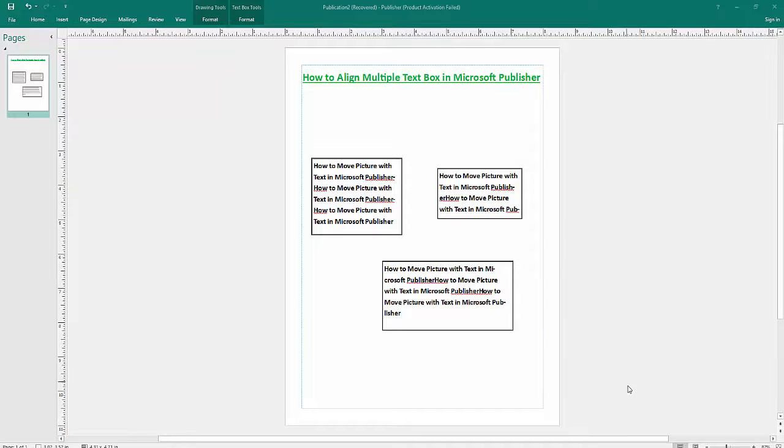Now, firstly, select from all text box. Now, press Shift. Now select from multiple text box. Now going to the